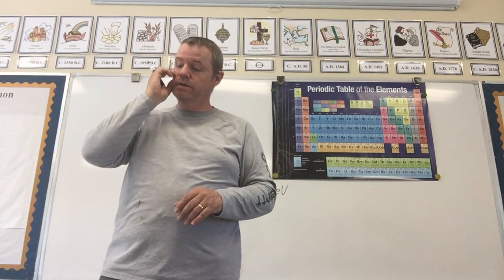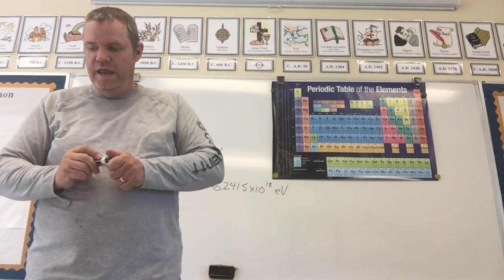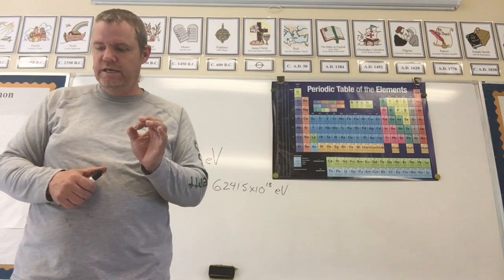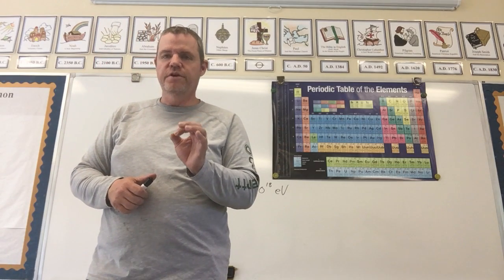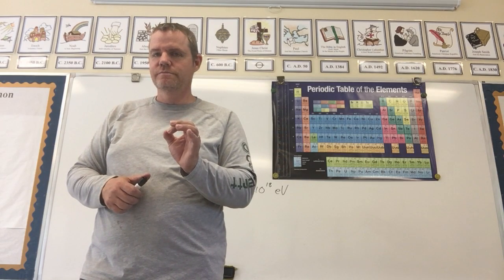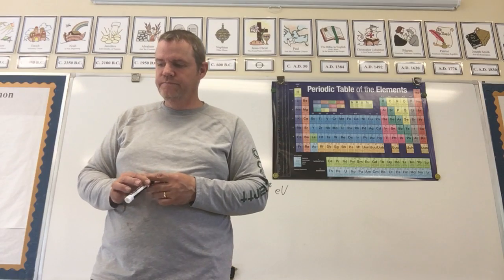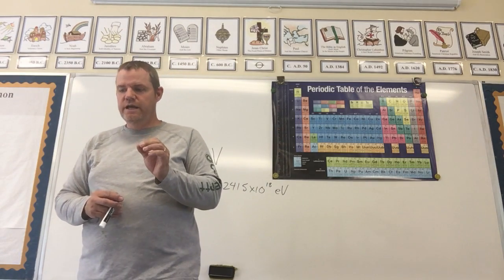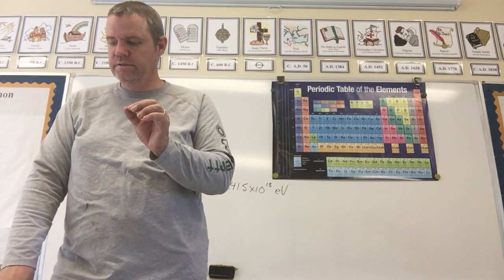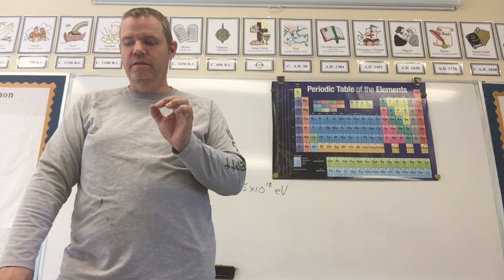Massively, massively bigger. Give you an idea, one single molecule of TNT produces about 35.6 electron volts of energy. And since nuclear radiation reactions produce more than TNT does, we usually express these reactions in mega electron